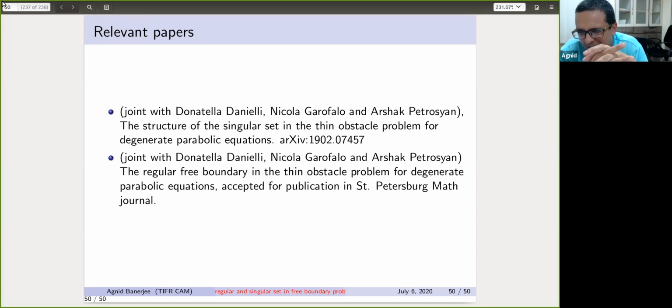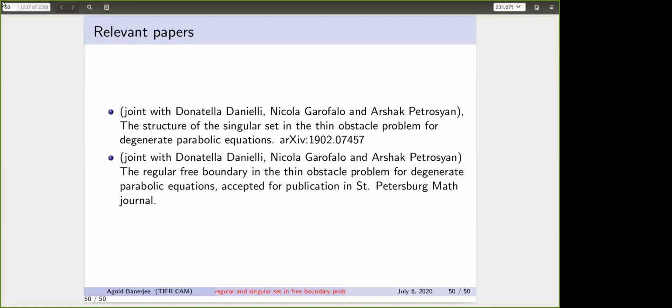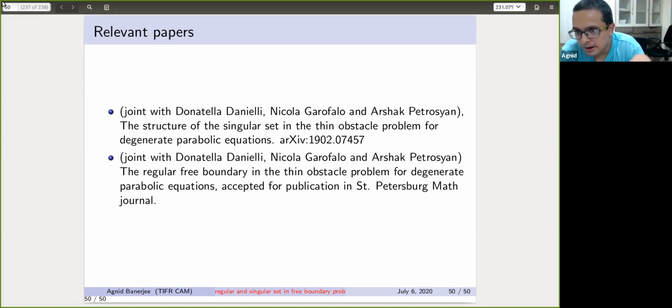So it's again a very kind of model problem where you would want to see what happens in a non-local analog of the classical obstacle problem. That is, once you have this non-variational characterization, that is the least envelope of all supersolutions that lie above an obstacle, you want to understand what is the geometry of the interface and so on. And again, in the parabolic case, this problem also appears in other contexts like osmosis and a few other contexts as well. But again, I would not elaborate much on that because I'm not very knowledgeable on that front.